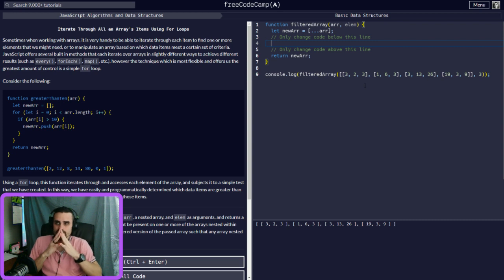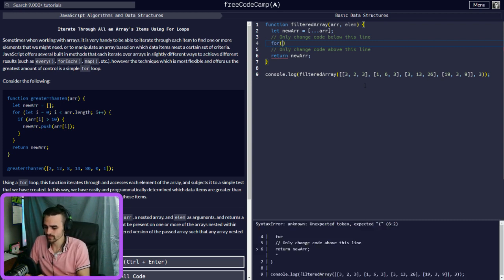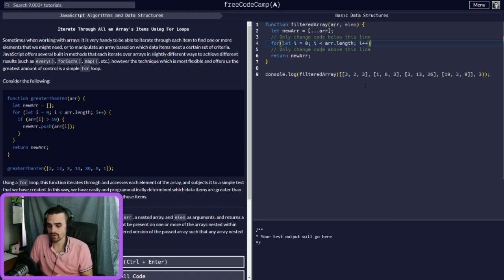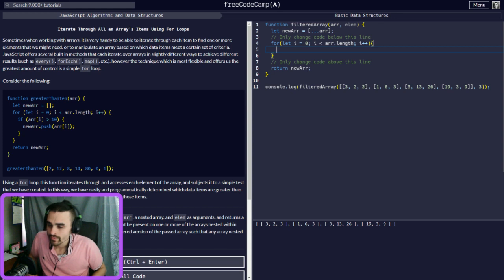Okay, so let's think this out. Let's get a for loop going. Let's do a let i equals 0 to start it off. We'll go i is less than array.length. We'll do i plus plus. So this is how most things are set up. So we're gonna filter through the array, and then we have to